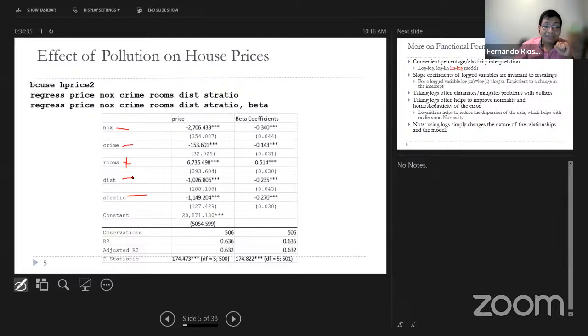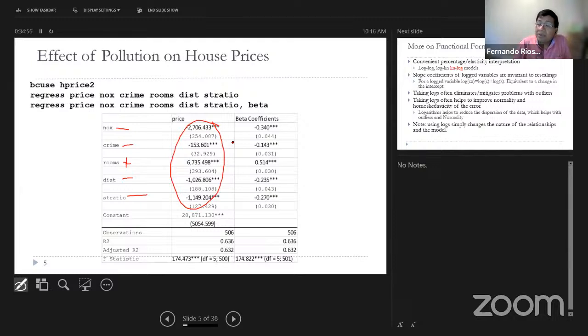And distance, it's a negative effect because the farther that you are, the less likely you are to want to pay. You don't want to pay the premium for living close to the employment centers. So given that, and if I give you nothing else,